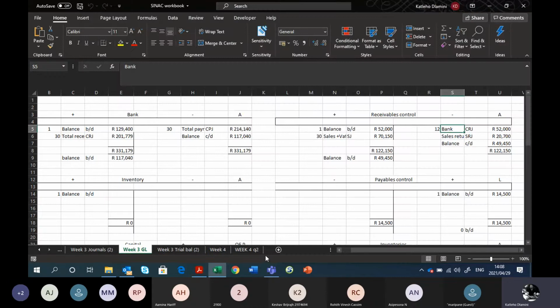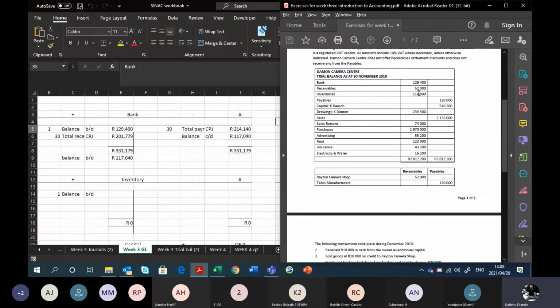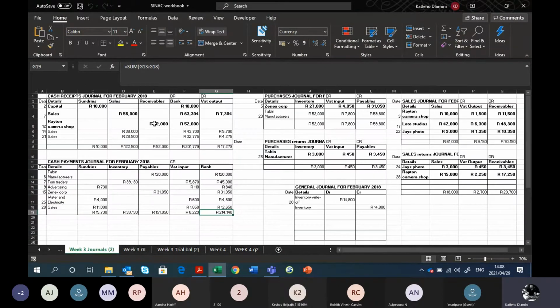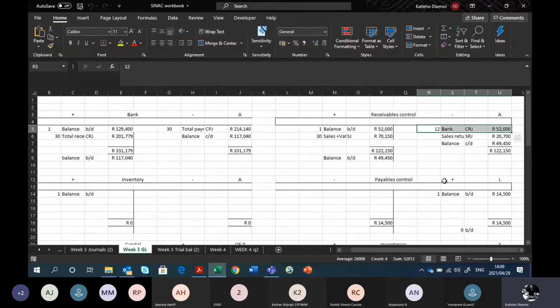And the second one is for receivables, and our receivables has a balance of 52,000, so I put it over there, right? Then I said there's a few things that will happen for our receivables. First, we have receivables here on the 12th, and that's going to take down our receivables, so that's the crediting of receivables. So our receivables is credited here on the 12th with the contra account bank, CRJ,